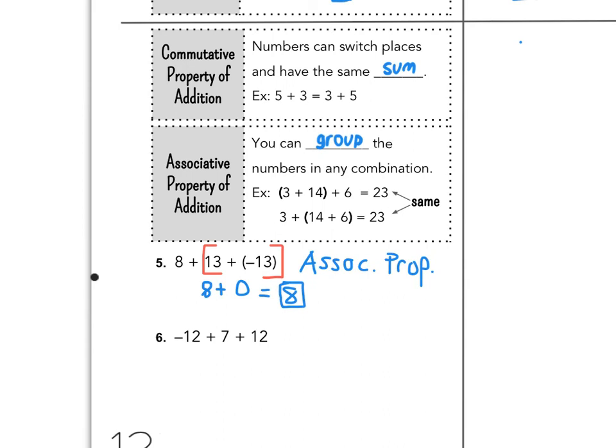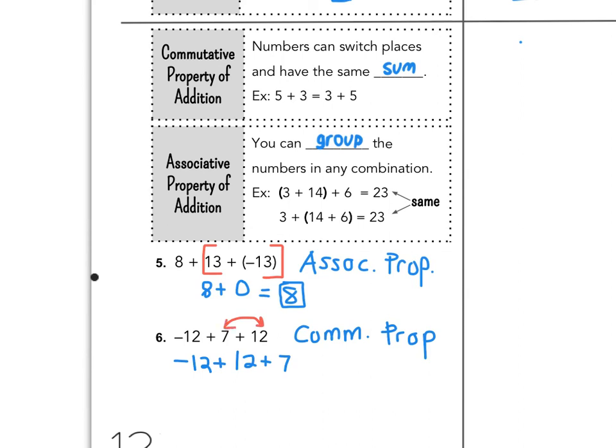Now let's look at number 6. On number 6, we have -12 plus 7 plus 12. Now we could add them like normal, go left to right, but if you notice, some people may have noticed, you have -12 here, and then you have a +12. So we can actually rewrite the order. We're going to change the order like this. And here we're using the commutative property. So I'm going to write commutative, abbreviated. Okay. And what I did was I just switched the 7 and the 12